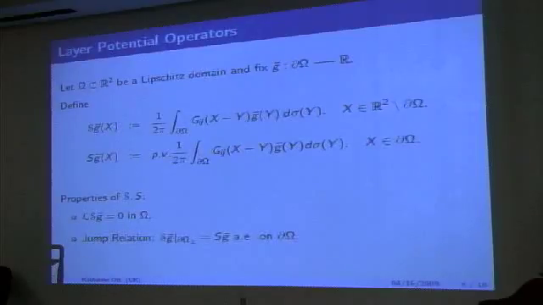Now some properties of these layer potential operators, why they're interesting to us in this problem, is that the single layer potential operator satisfies the Lamé operator, and it also has the following jump relation on the boundary. So if you approach the boundary from the interior or the exterior of your domain in a non-tangential way, the single layer potential operator actually has no jump. So the interior version, the script version, as you approach the boundary, equals the boundary version in the limit sense.